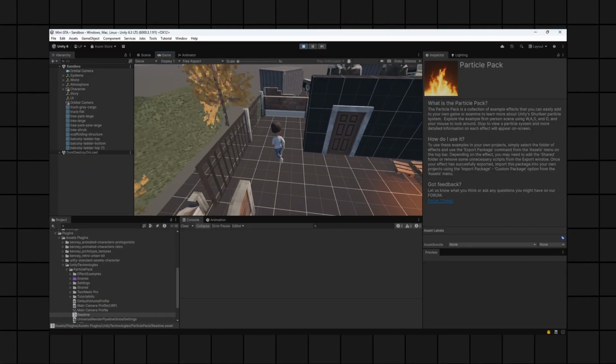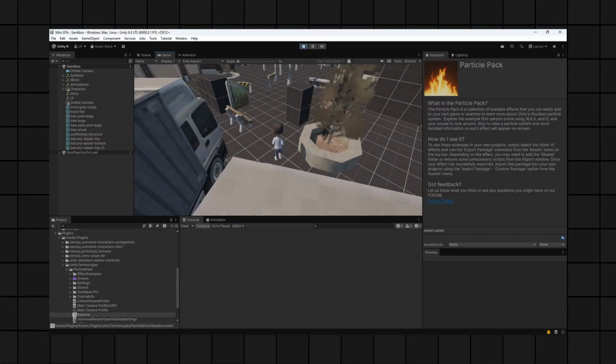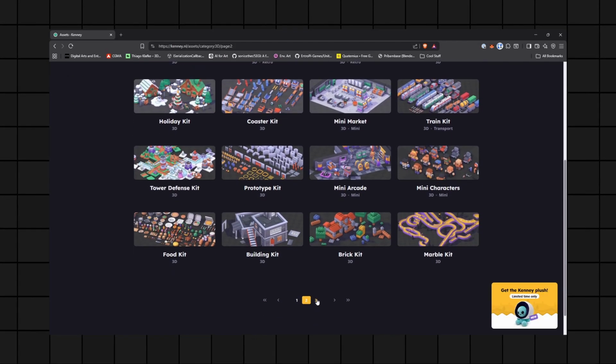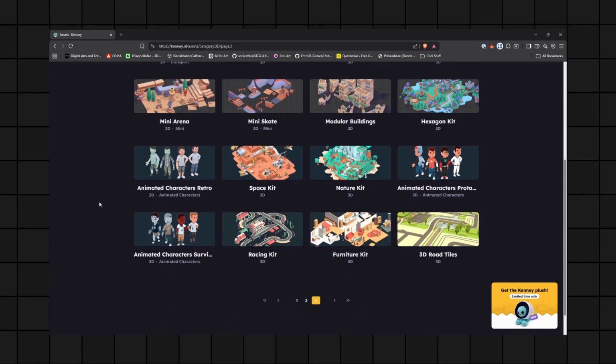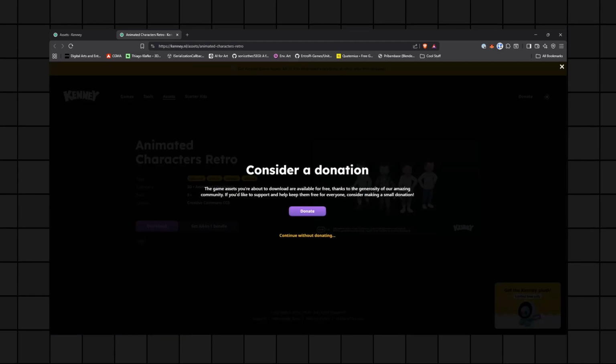And one of the first things I noticed is how much I like Kenny assets. So naturally, I opened Kenny's website, selected Asset section, filtered by 3D, and found the package that I wanted in the third page. It is this cool animated characters retro. Then I clicked download and hoped for someday to be able to donate huge tons to Kenny, but unfortunately,